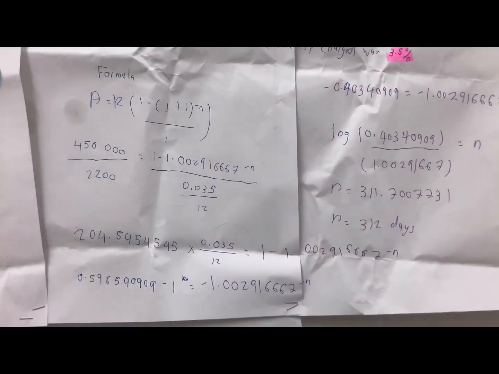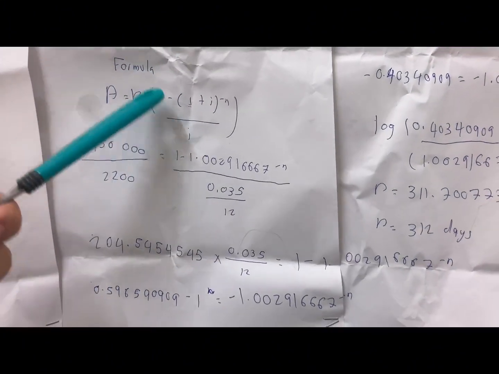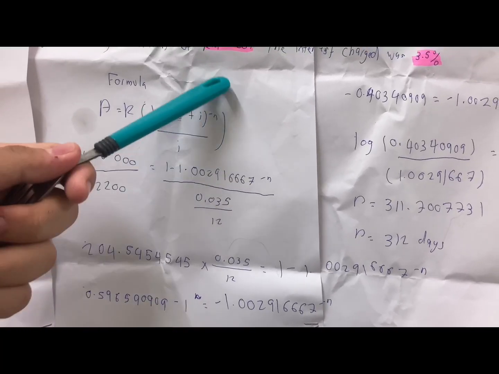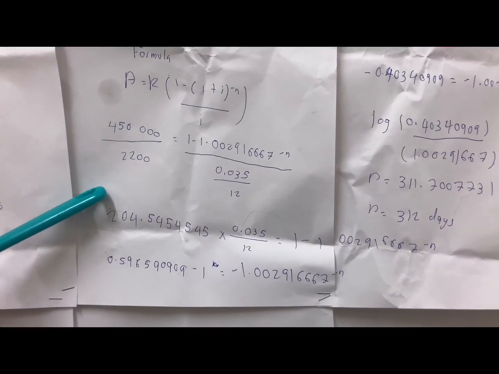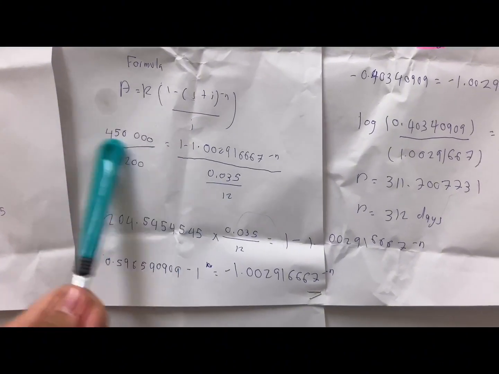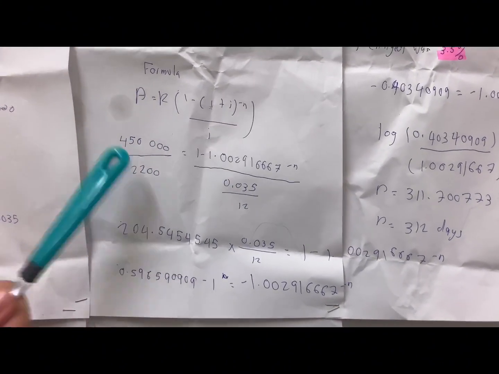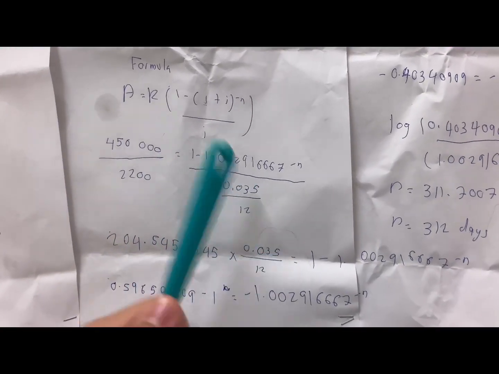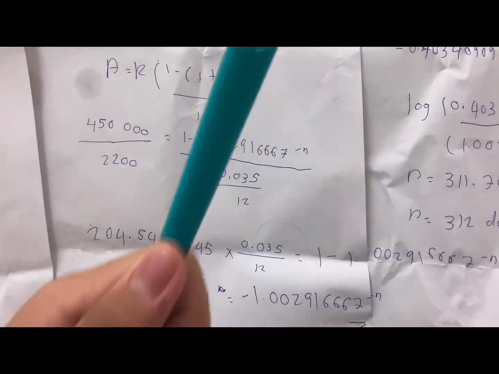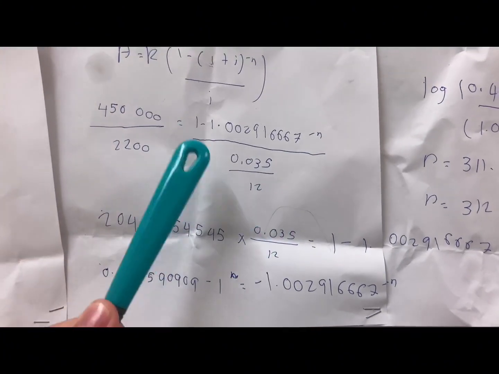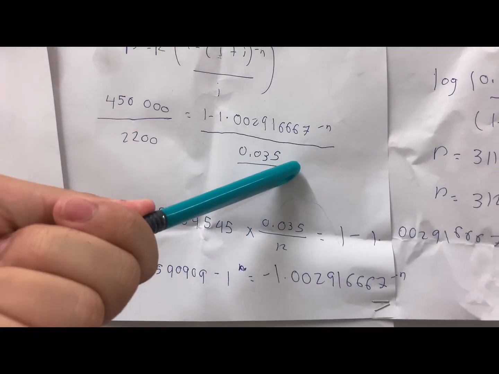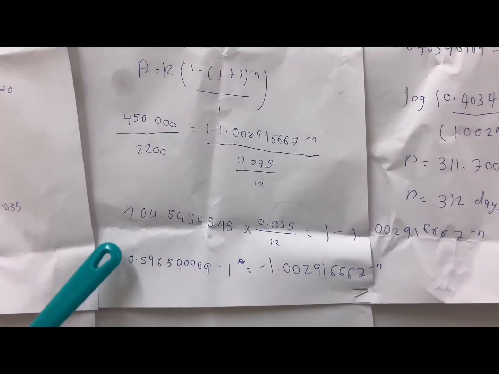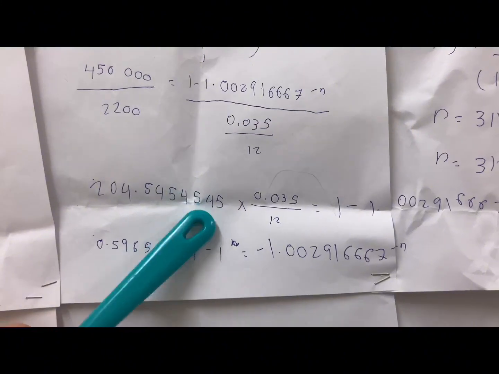So the formula we use is A equal R bracket 1 minus bracket 1 plus I bracket negative N per I. 150,000 divided by 2,200 equal to 1 minus 1.00291667 negative N divided by 0.035 divided by 12. So here we put in calculator and then we got 204.5454545